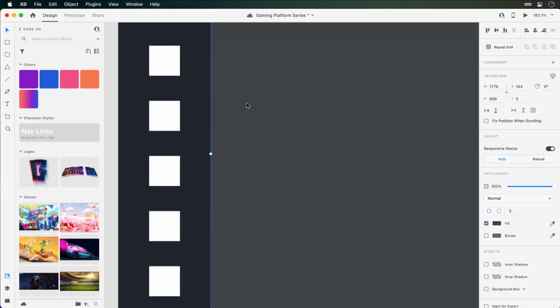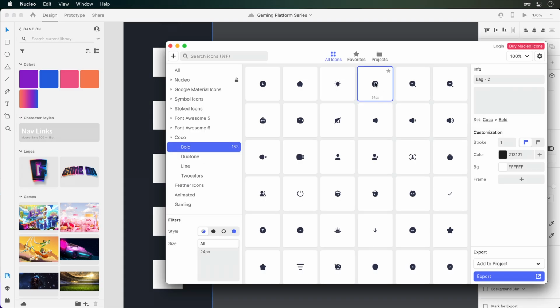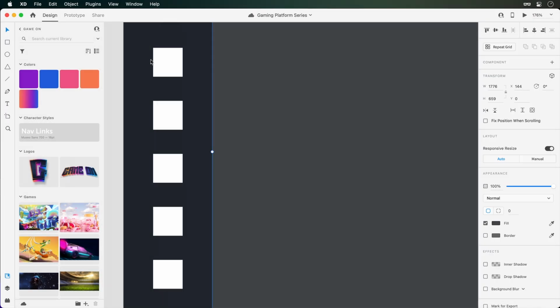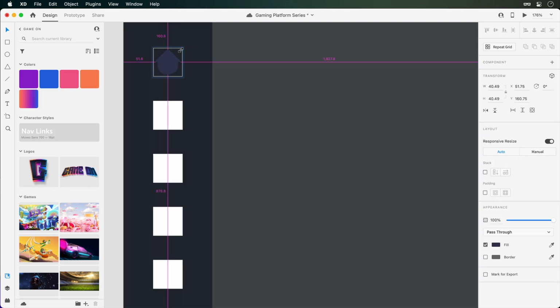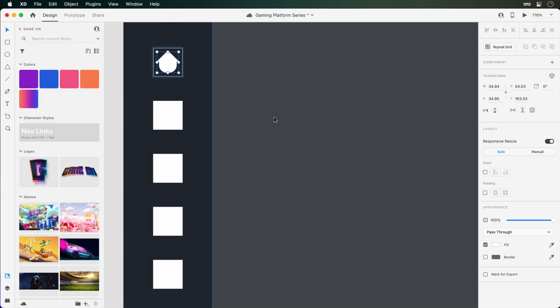Next up, we have 5 placeholders for the icons that will populate this section below the logo. Very similar to the image we dragged in, we can also bring icons into these shapes. I currently have a few collections loaded into Nucleo, including this fun Cocoa library from UI8. Knowing that the first link will be for the home screen, I'll search that up top, and then drag the icons straight in. Since these icons are SVGs, an object mask was created to house the assets, where I can quickly access the vector layers if edits like color changes are needed.